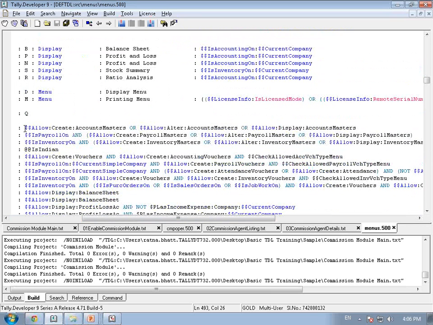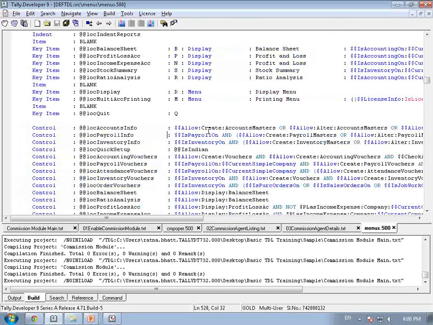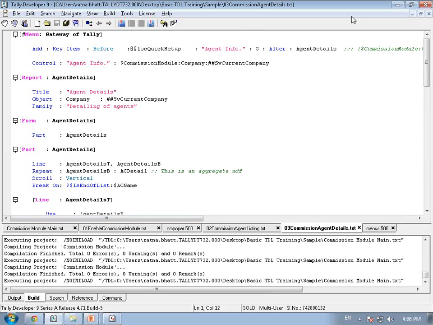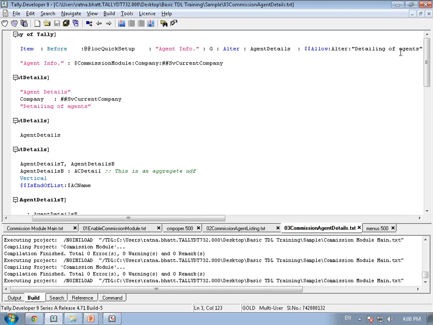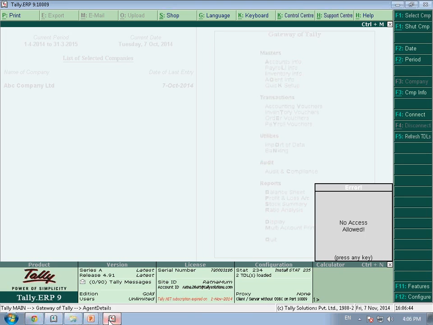Here, allow, create, or alter of. This is what we will copy because we are looking out for a report in, what do we say, the alteration mode. I'll make it invisible, alter of, there should be no spaces. Yes. And now